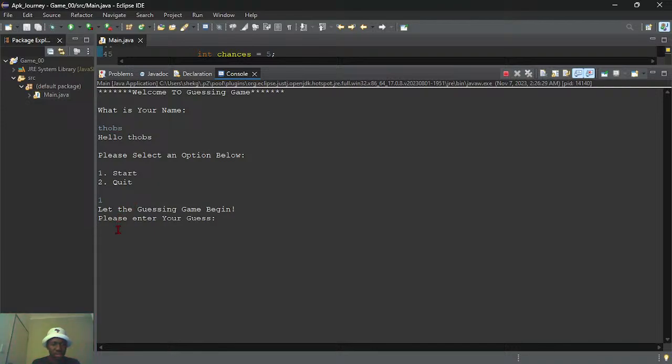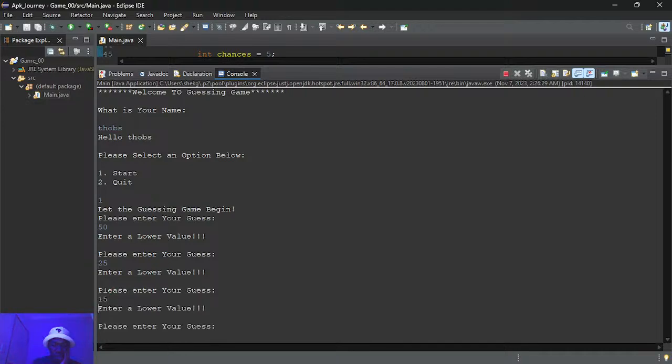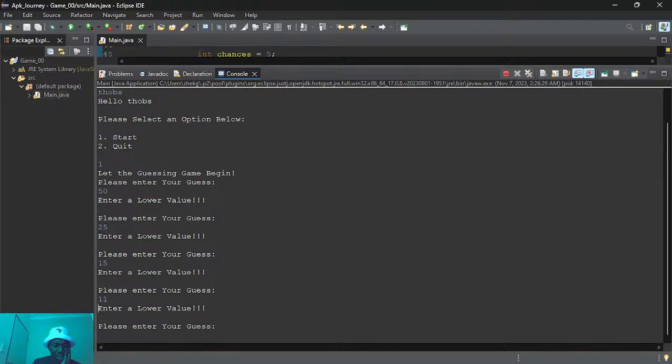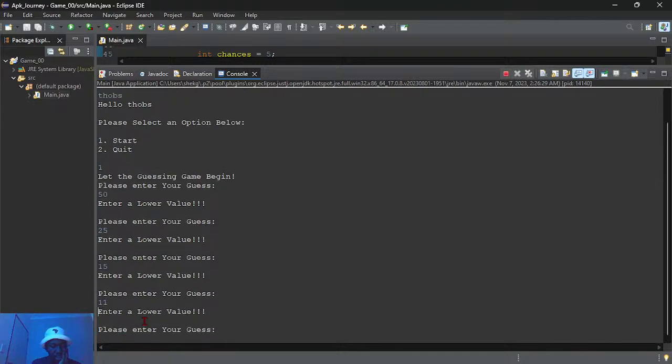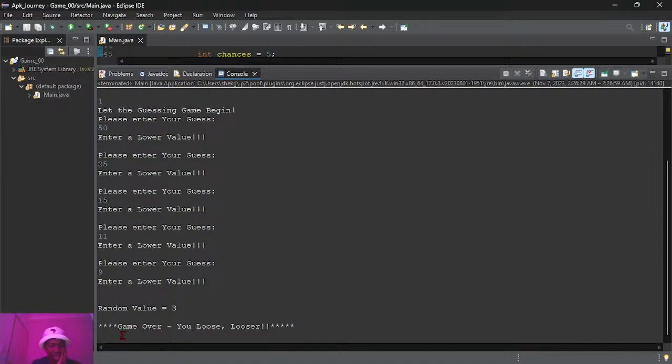Let's just see what happens there. Lower, lower, lower. You see I'm now already on 15, so I have one of 15. Not 11, lower. Damn, man. And it's 3 in that case.